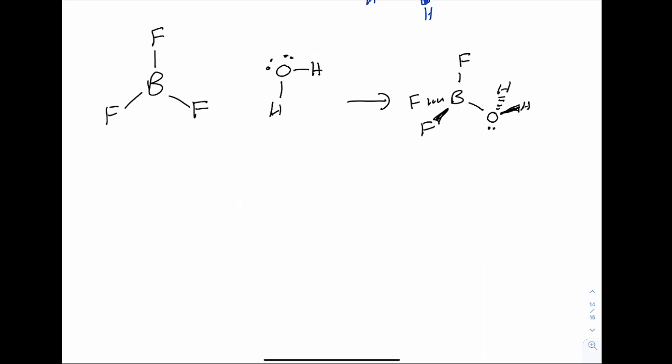Just drawing my geometry too. And then there is a formal positive charge on this oxygen, and then there's a negative charge on that boron if you do your formal charge calculation. So what we're going to do is draw the curved arrows showing how we get from reactants